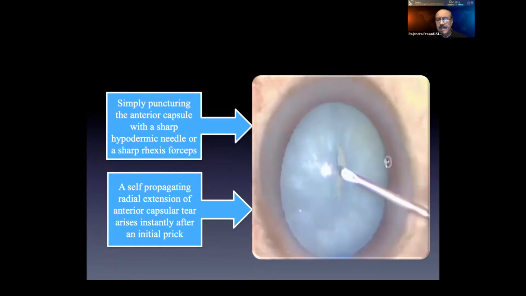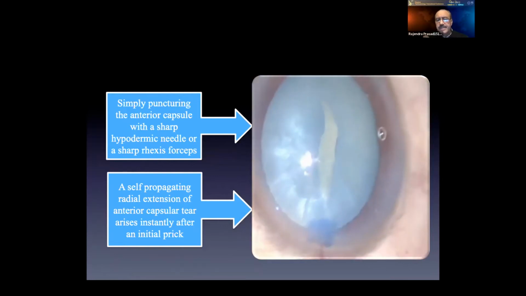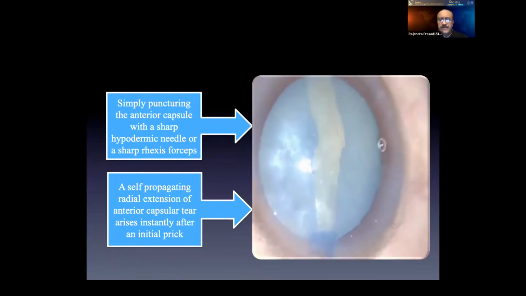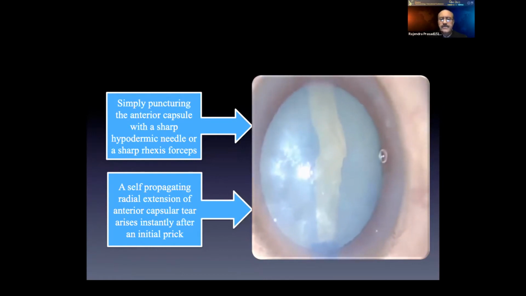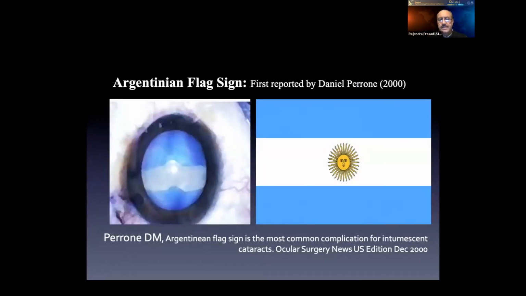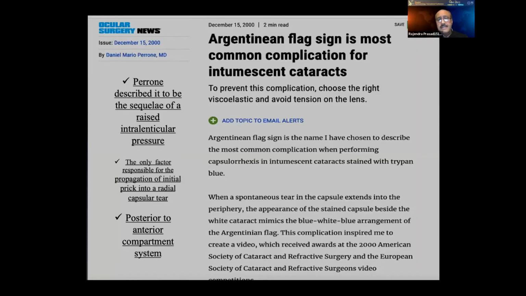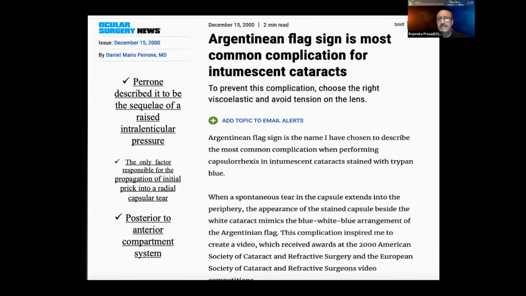And what happens if you have a situation like this is that simply puncturing the capsule of these cataracts, the puncture which we create on the anterior capsule starts extending and splitting towards the periphery, extends radially and converts into a complete radial capsular tear. Now, this is what happens with these cataracts, and this was described as the Argentinian flag sign by Daniel Perrones somewhere in 2000, and he said that this is primarily because of the high intralenticular pressure, which is there in